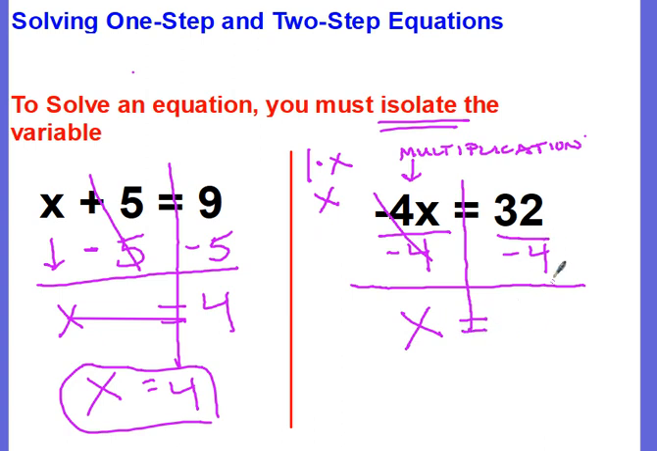32 divided by negative 4. Positive divided by negative is negative. 32 divided by 4 is 8. So I get x equals negative